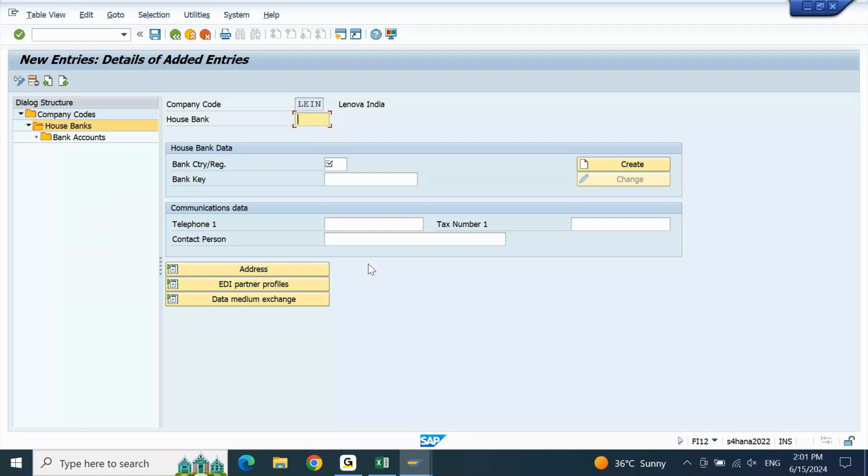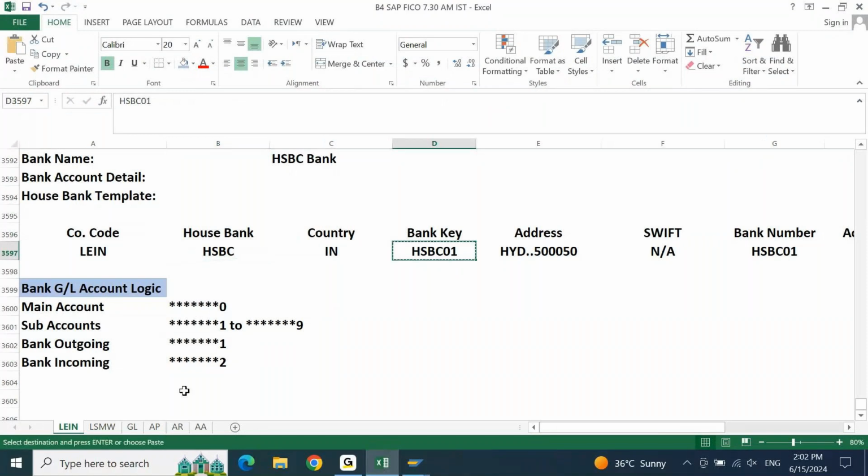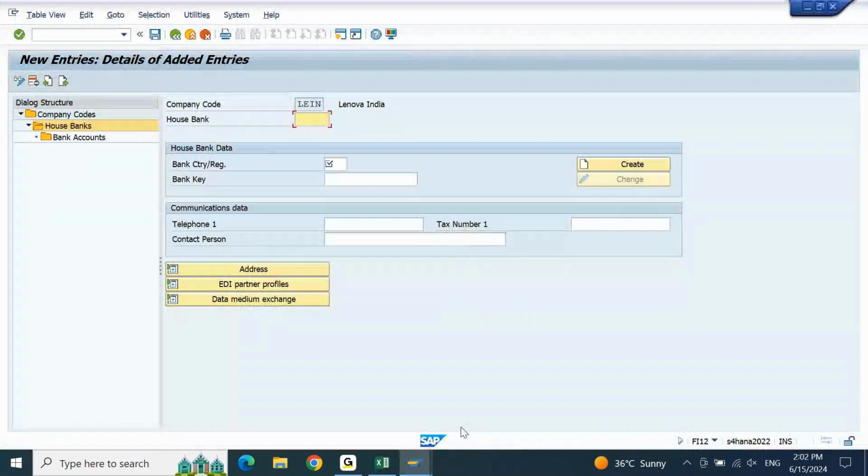Now the house bank details are already captured in our Excel sheet. HSBC is the house bank, and this is the house bank key. HSBC house bank, country India. Let me come to SAP. House bank, I'm going to write HSBC. Country, I'm going to take India. Bank key is what we have taken; the same bank key I'm going to write here. Once this information is given, company code, house bank, bank country, and then bank key, straight away click on the create